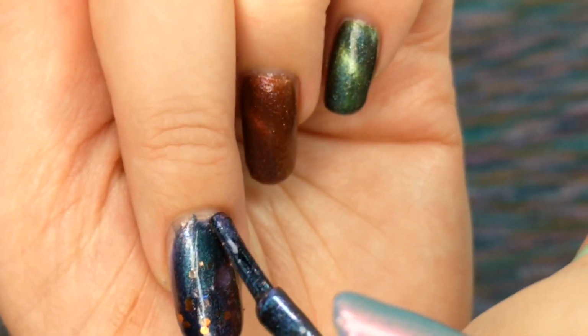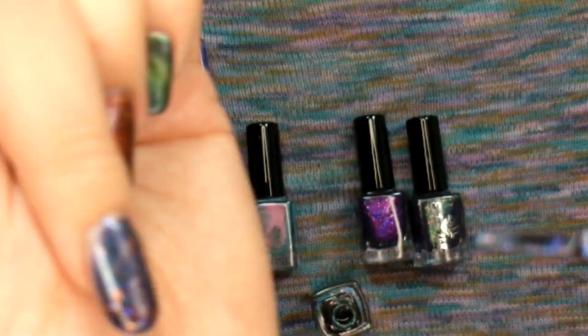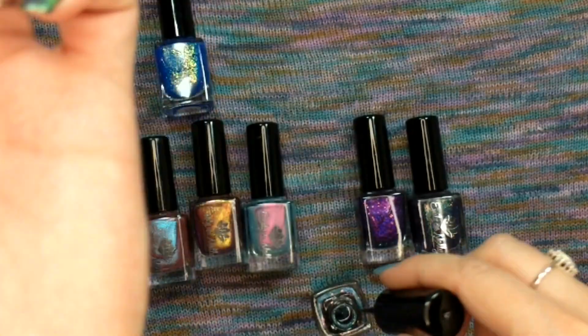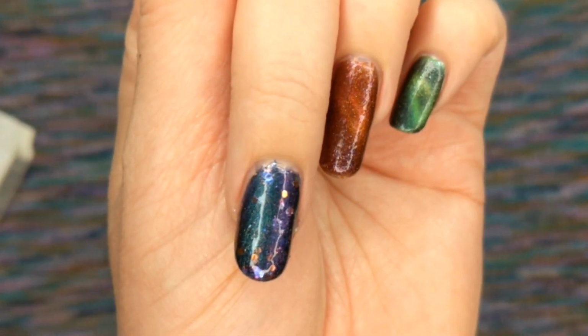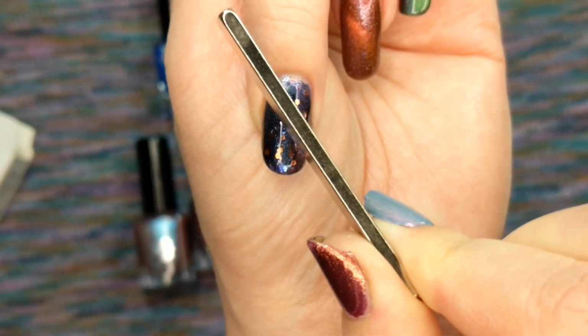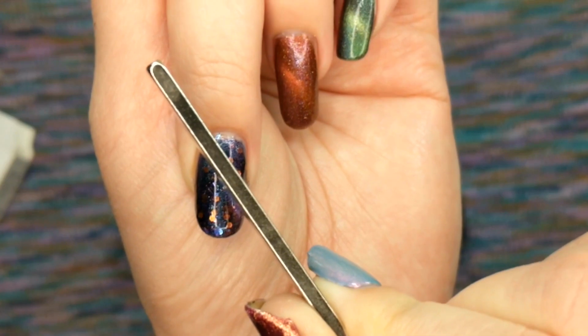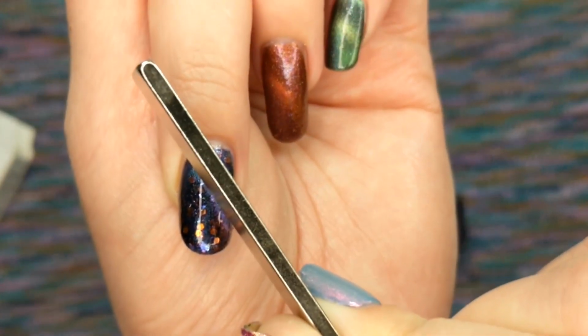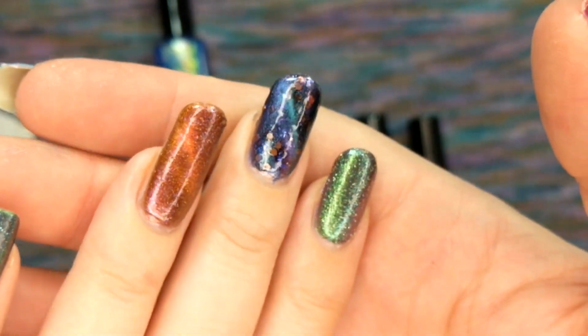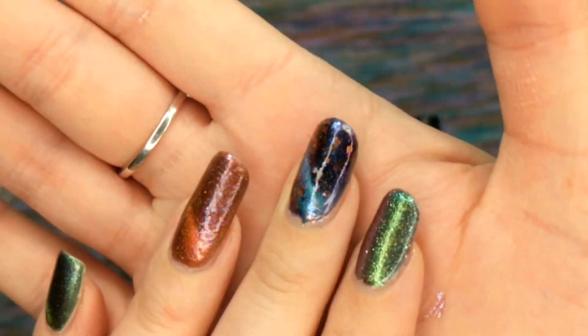Even with just the glitter that I got from that first coat, I'm really happy with the amount that I got. I don't really need more of the glitter, but it's always nice to get that pond effect from a second coat. And a few more flakies. So let's go ahead and see how this looks. Definitely darkens it up. Hopefully you guys can see how it looked beforehand. The orange definitely makes me think of fall. Here we go. That magnetic pull is amazing. Again, apologies about my lighting. It is